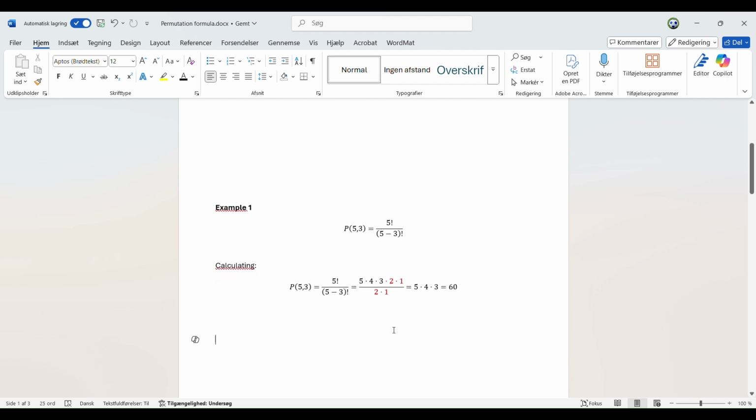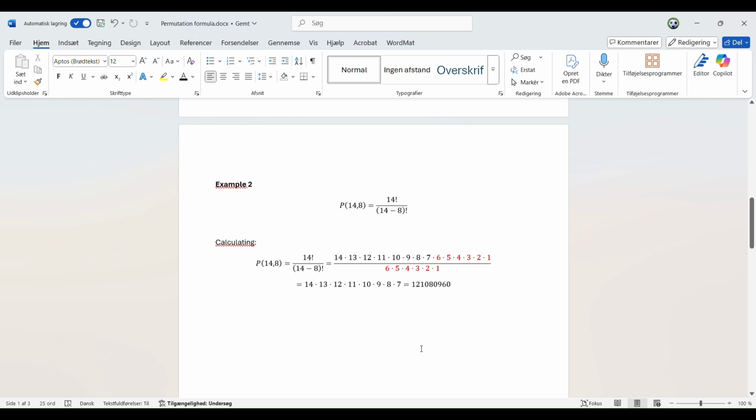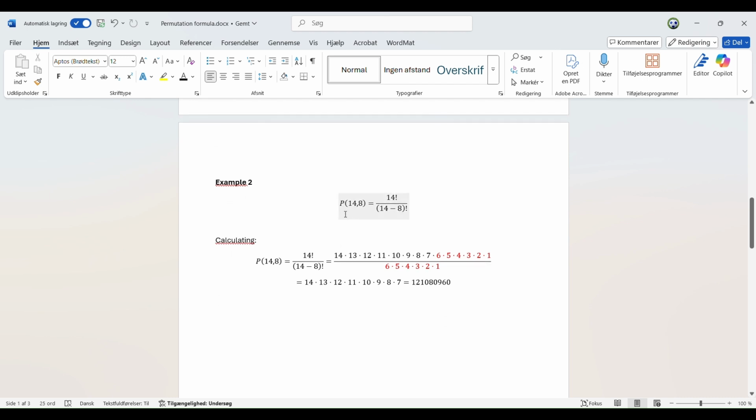So that was the first example. Let's see the next one. So that's the permutation of 14 choose 8. We put into our formula up here, and if we would like to calculate it, we would say 14 factorial,